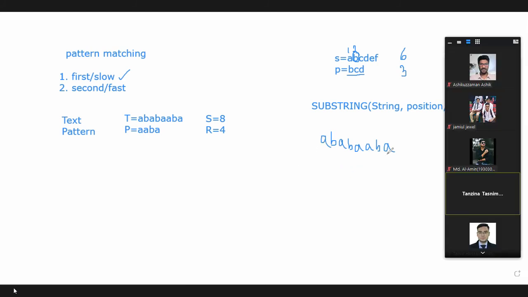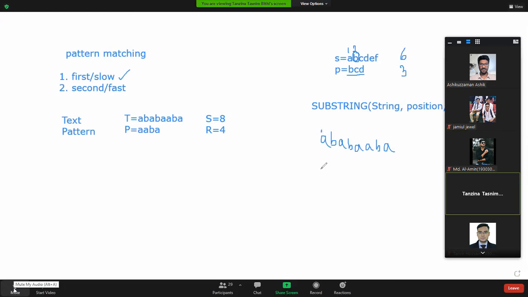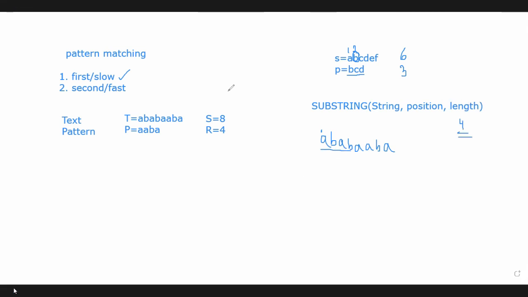So this is the string, right? So if we start from the first position, if we start from A, then we have to take how many characters in one substring? 4 characters. So we can take first 4 characters, that is A, B, A, B. That means our first substring, we will denote the substring by using WK, where K is the position, K is the index. So when K equals to 1, our first substring will be W1, and we will take how many characters? 4 characters from which position? From position 1. So our first substring will be A, B, A, B.